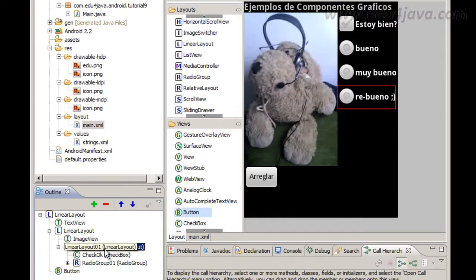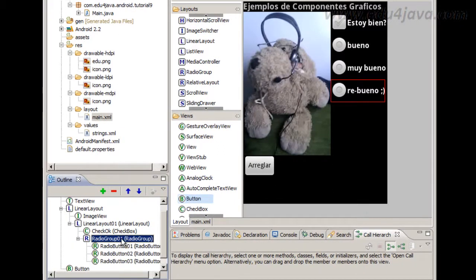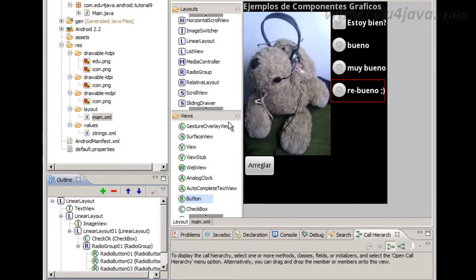This layout is vertical because inside I want to include a checkbox called check OK, and below I want to include a radio group with 3 radio buttons: radio button 1, 2 and radio button 3, and below everything I insert a button called arreglar, that is "fix" in Spanish,